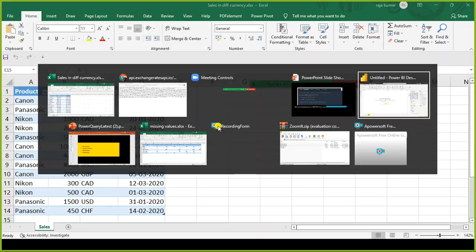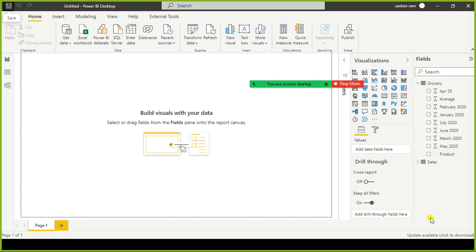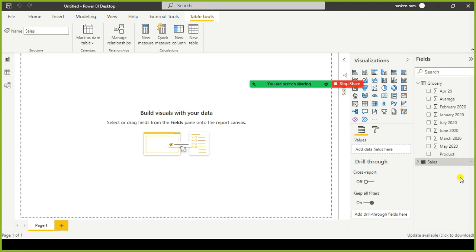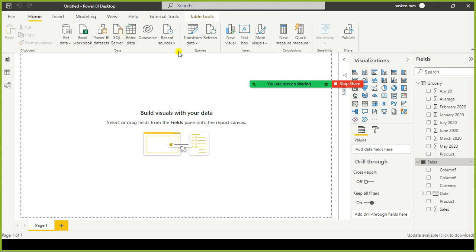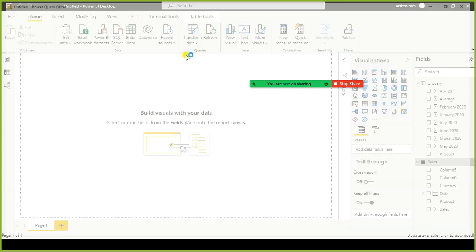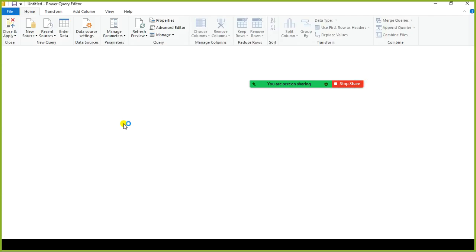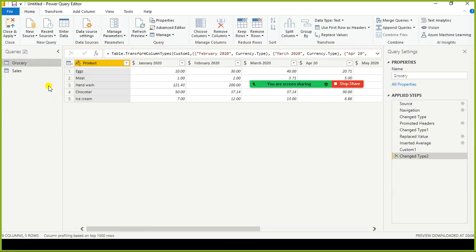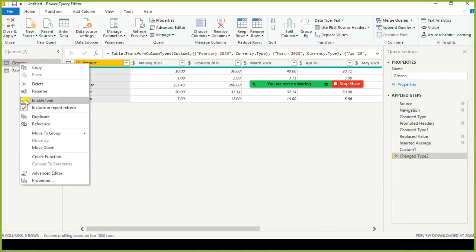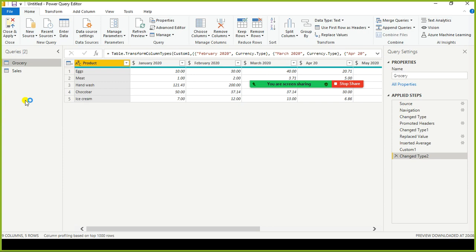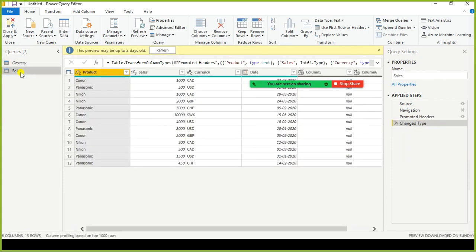now what I will do is, I just go to the Power BI desktop. Here already I imported, in the interest of time, the sales file. Good. So now we need to do a little bit of cleaning here. I just go here, and basically we are going to use two files. Anyhow, this we are not going to use any longer. I am going to deselect the enable load. Hence, when I refresh it, this one will not get loaded unnecessarily. And I am going to select sales here,